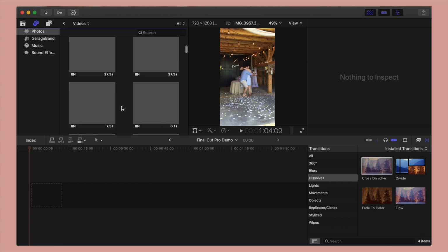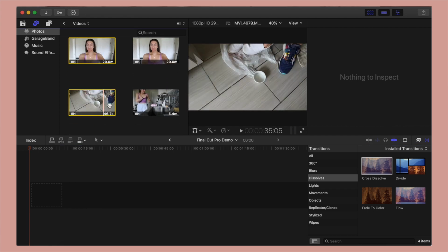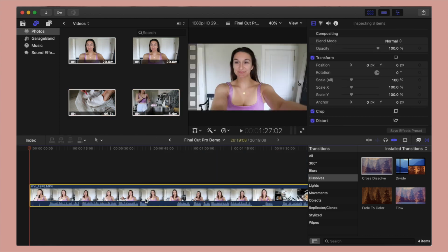So if you hook up the app Photos to Final Cut Pro, you can always import the videos directly from there. So I'll go ahead and load all of the clips that I am looking to load in for a YouTube video. You guys probably already saw this video. It's when I cleaned my white Vans. But for the sake of this demo, we'll just load them in like we're creating a new project. So load all your clips in,